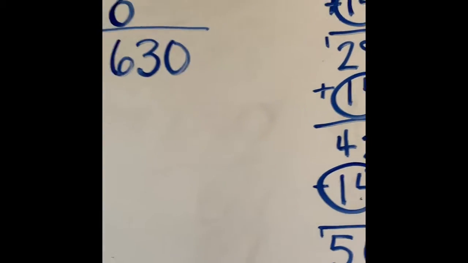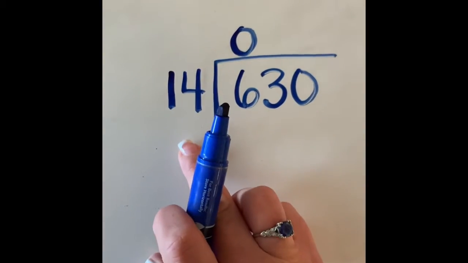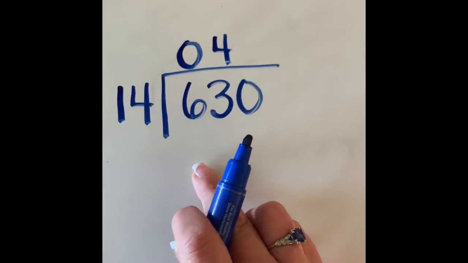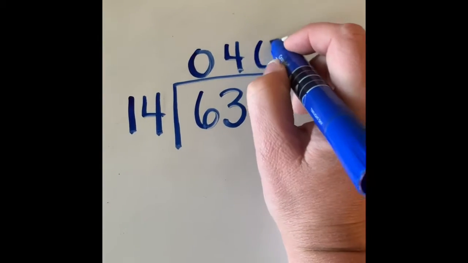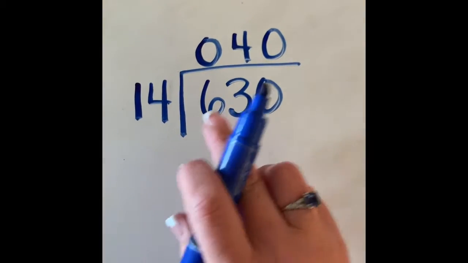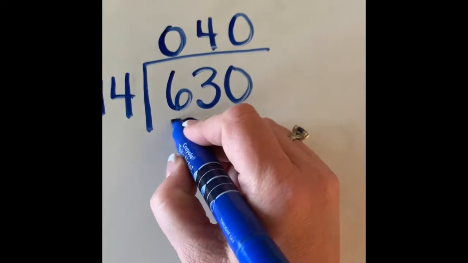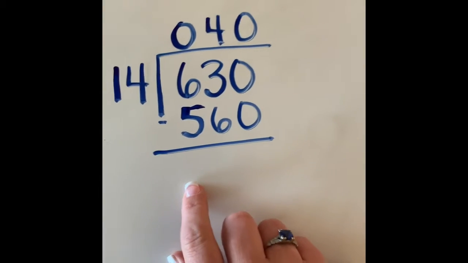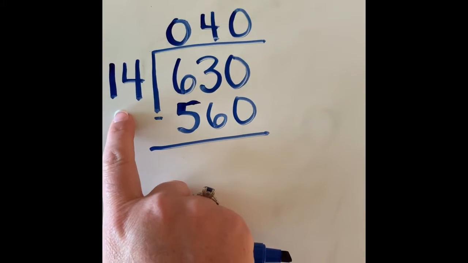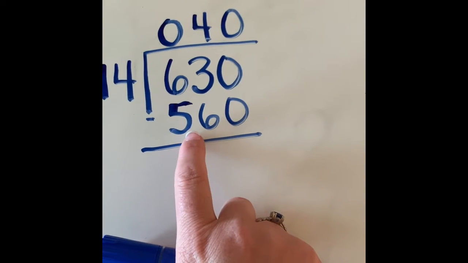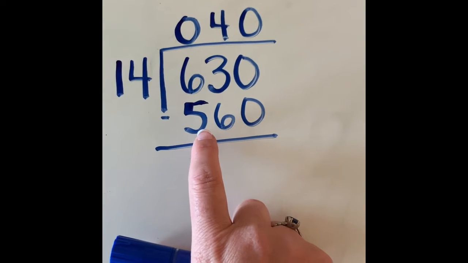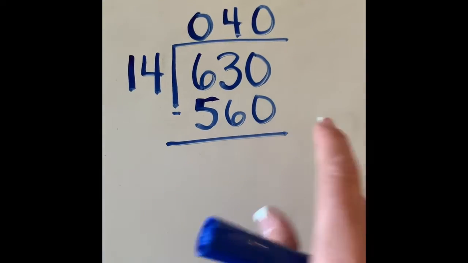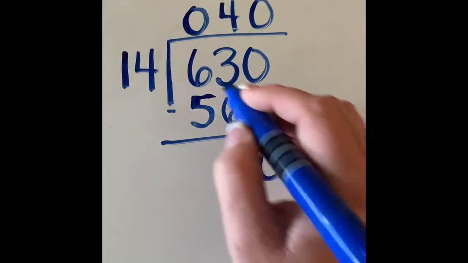4 14s. Therefore, when I go back to my problem, 14 times 4, but our 4 is not really a 4. This 4 is in the tens place, so therefore it's a 40. 14 times 40 is going to be 560. Remember, we're trying to work with friendly numbers, so we're telling the students to multiply 14 by 4 and get 56. But since it's in the tens place value, this is really a 40 they're multiplying. Therefore, the number is 560. Once I subtract,